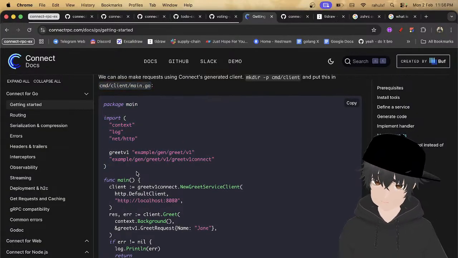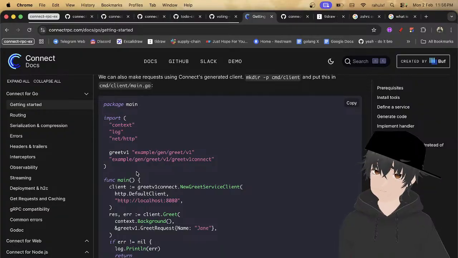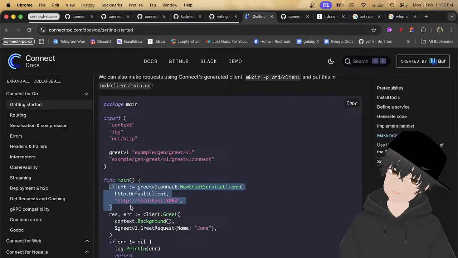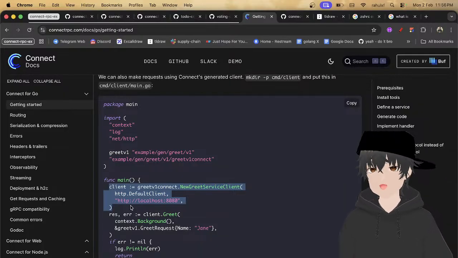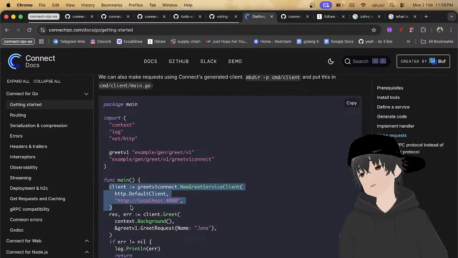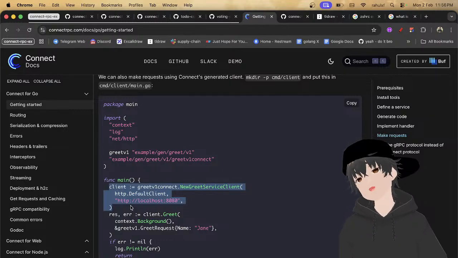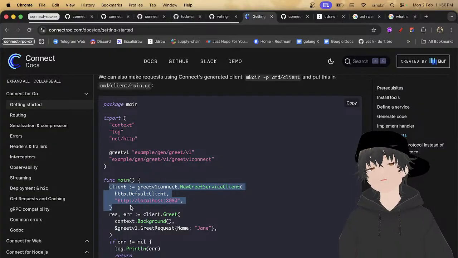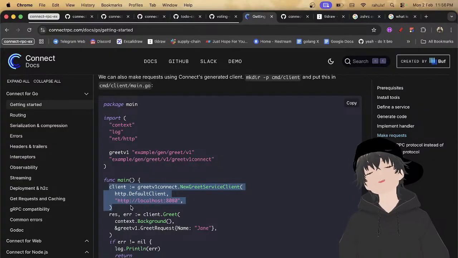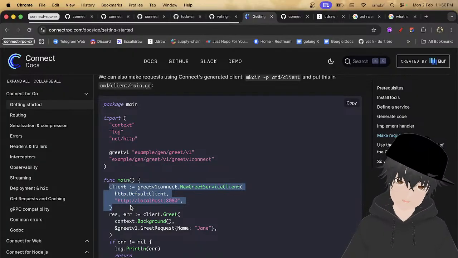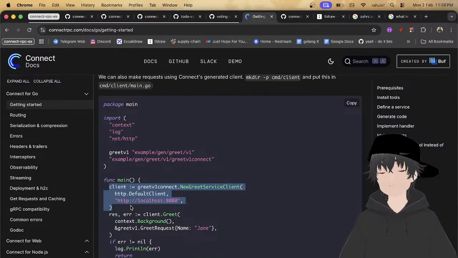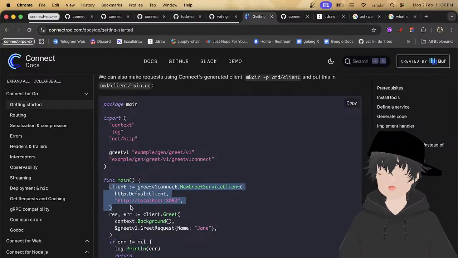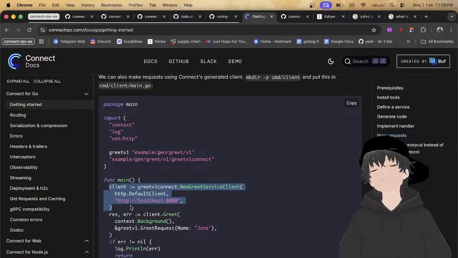Here you can just do package main, which takes greet version 1 and greet version 1 connect RPC. Here the client is greet version 1 connect dot new service client, and that service client takes an http dot default client and a localhost address where our server is running. And we will call client dot greet. That client dot greet will take a context dot background and a greet version 1 request.